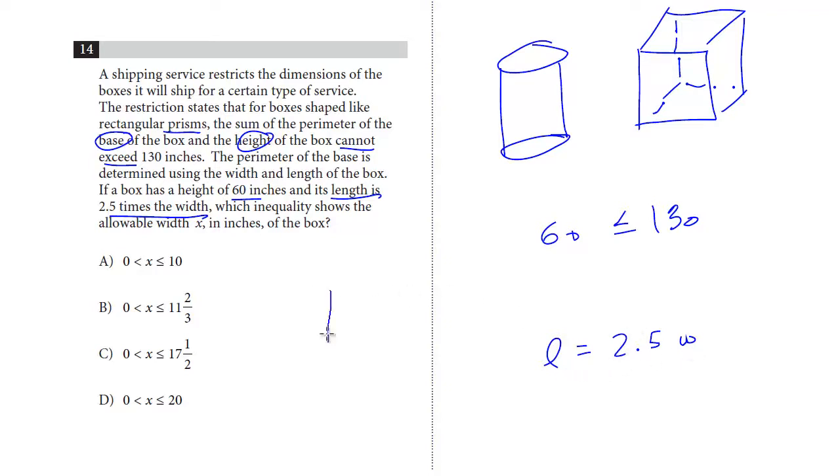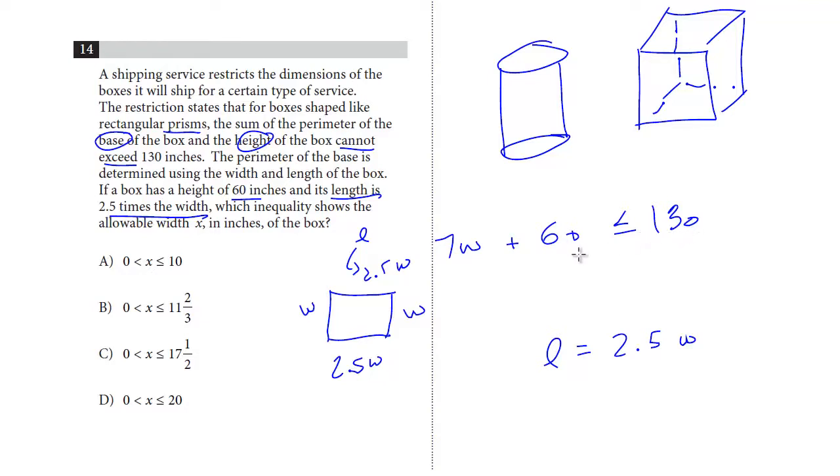So think about the base of the box is just a rectangle. And we've got two widths. But instead of length, we're going to substitute 2.5 W. And so we just add up the W's and we get 2.5 plus 2.5 is 5, 6, 7, we get 7W. So it's 7W plus the 60, this is the inches of the height, is less than or